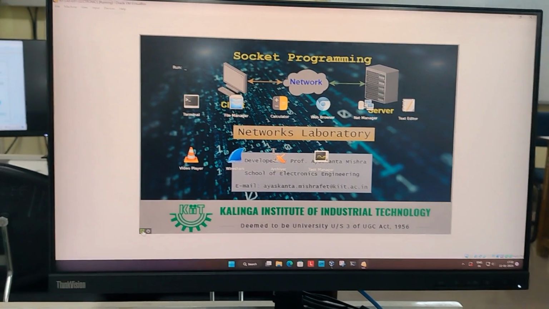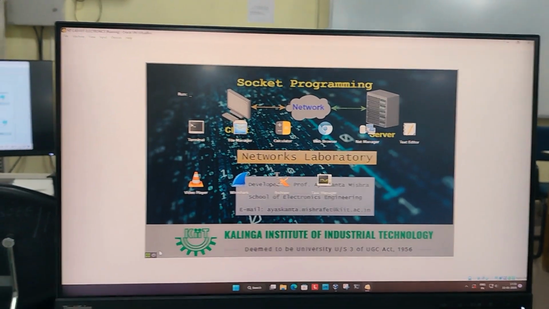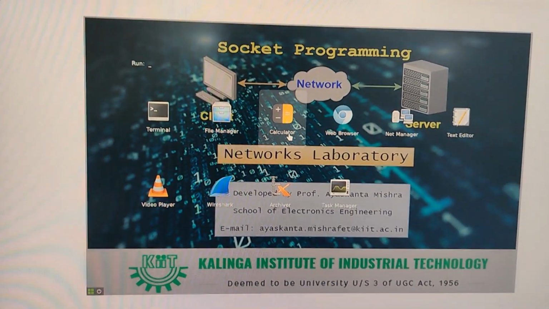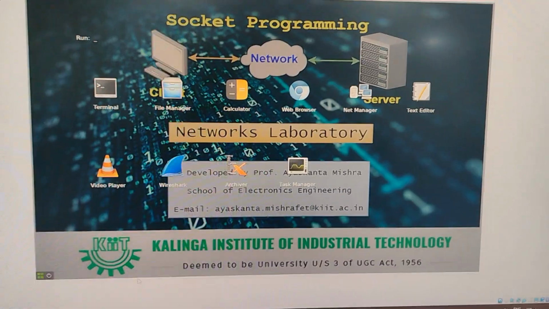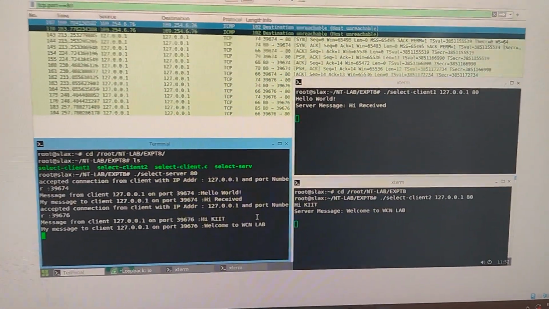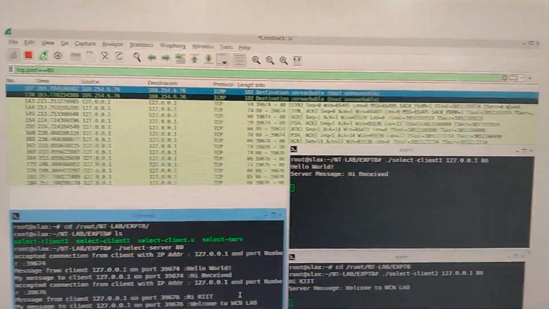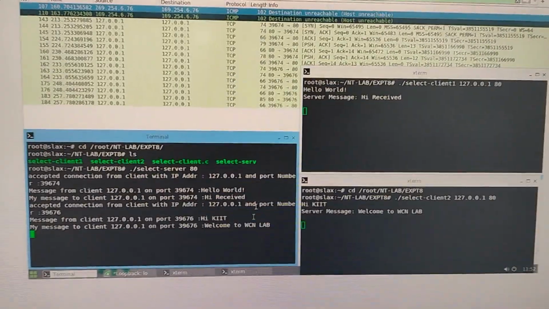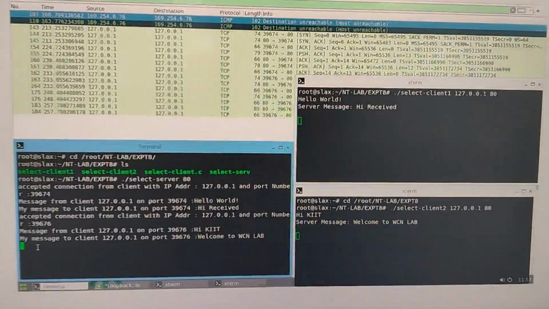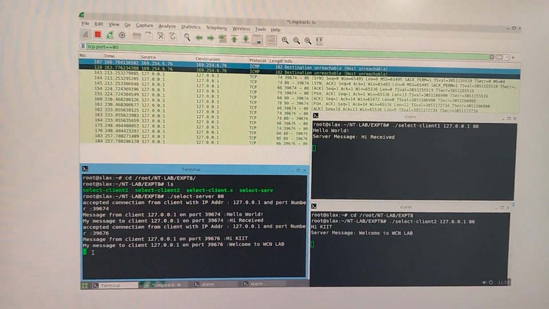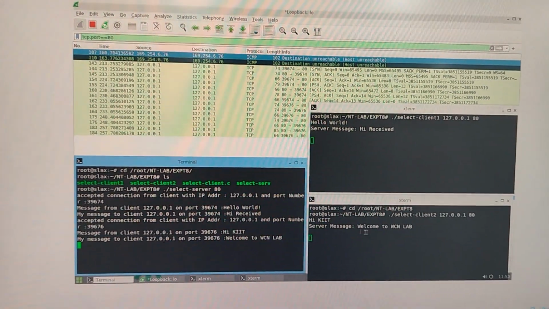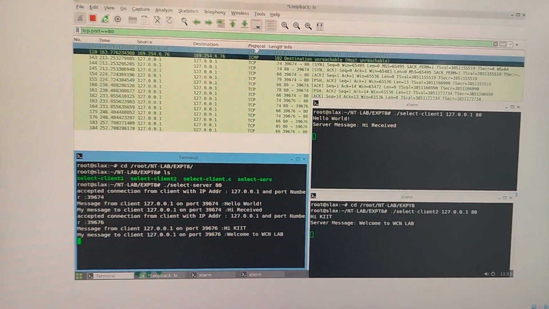So this is the workstation running for socket programming. A virtual machine has been developed to demonstrate the socket programming here. So this setup is showing the programs communicating as server and client, and Wireshark is running in the background, and students are shown how the experiment is performed to do communication between client and server. So the communication is going from, this is the client 1, server program, this is the client 2, server program, and data is getting analyzed.